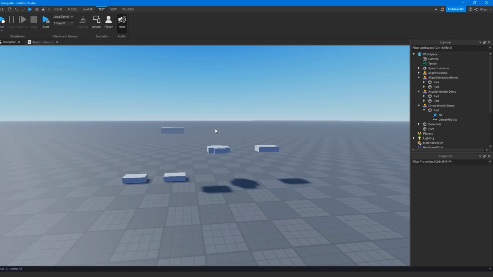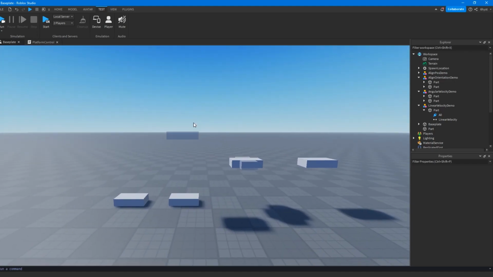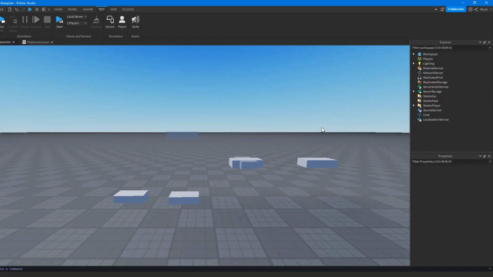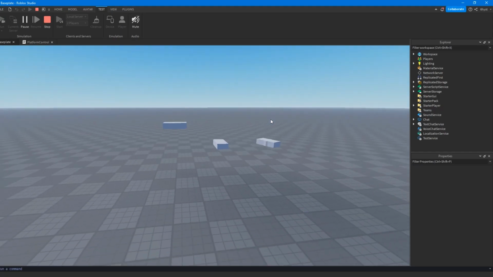Hey, I'm Pat, and in this video I will be going over some basic constraints in Roblox Studio. Basically linear velocity, align position, align orientation, angular velocity. Nothing too crazy. I didn't want to go over too many things for one video, but